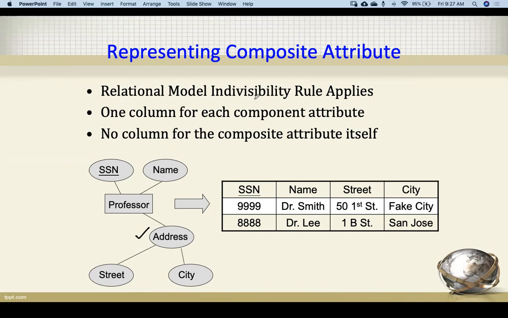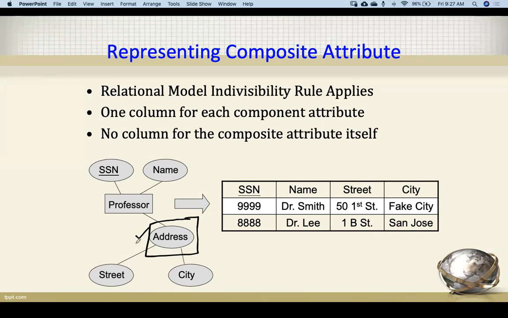The relational model rule applies individually: one column for each component attribute, no column for the composite attribute itself. Now here no column will be there for the composite attribute, and one column will be taken for each attribute of this composite attribute.